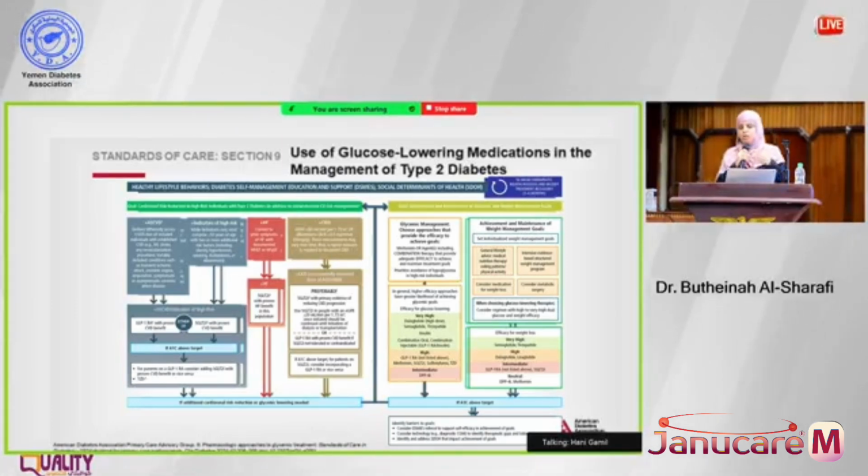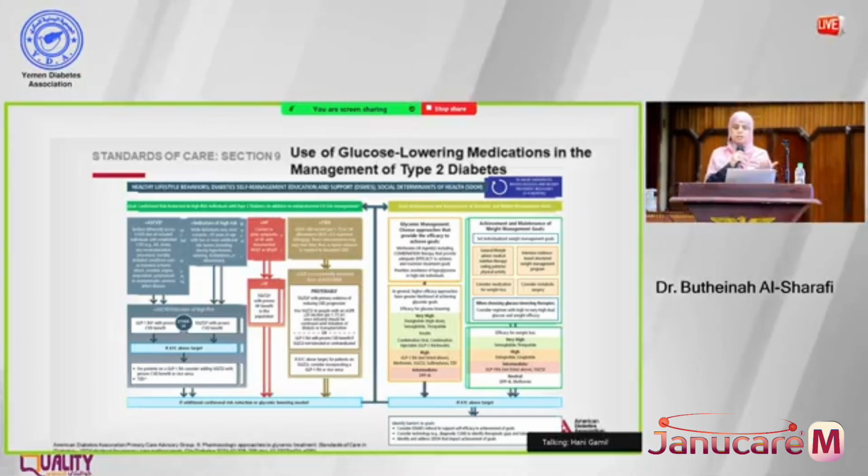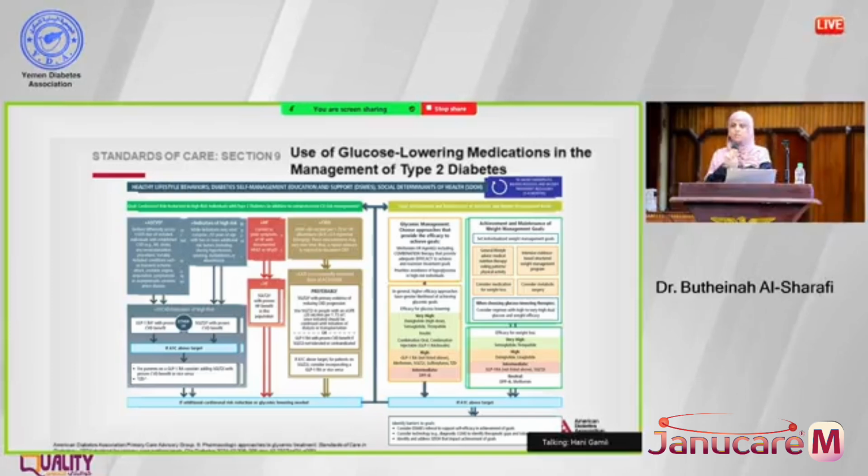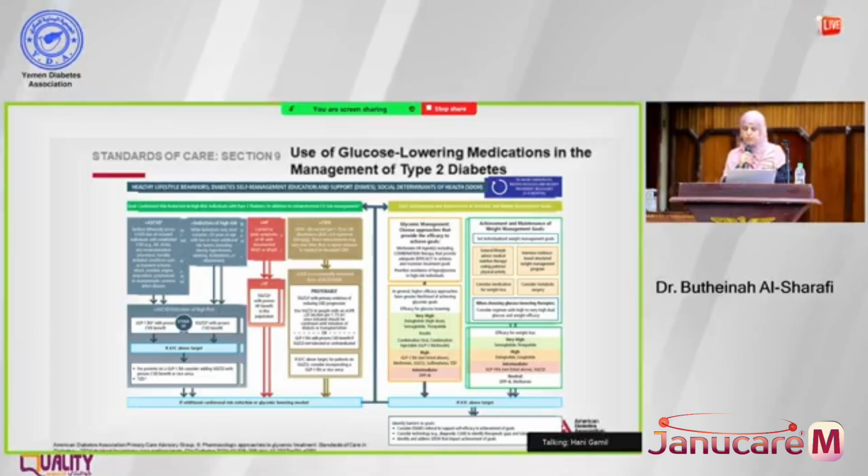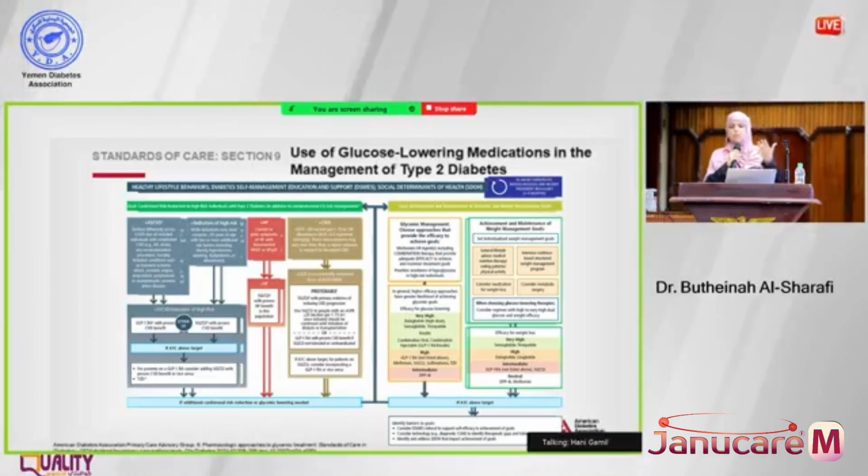Then we come to the other patients, the patients that we want to control. You can use metformin plus any other agent combination, depending on what you see appropriate. And if the patient is overweight or obese, we want to concentrate on medications that help with weight loss, and if not possible, giving a GLP-1 agonist because of the price or not tolerated or so on, then at least give medications that are weight neutral, like a DPP-4 inhibitor and metformin. They won't cause any weight gain, but might help with the weight loss.